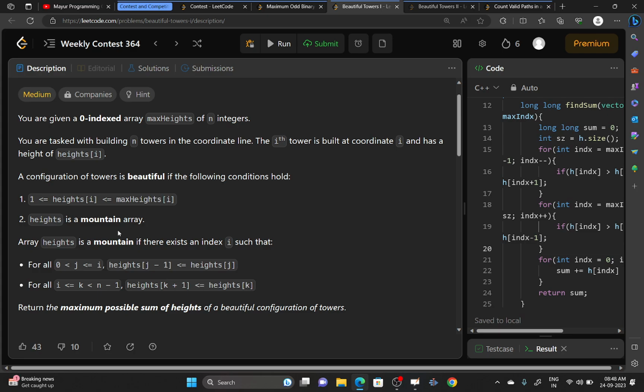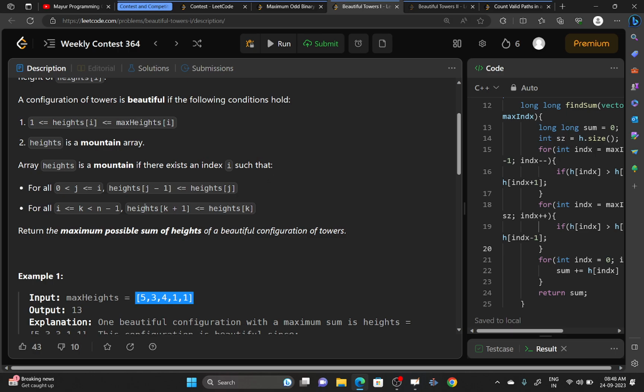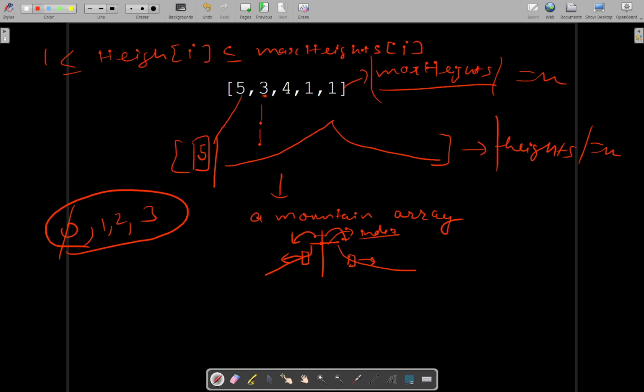Heights is a mountain array. An array is a mountain array if the following conditions are satisfied. So you can read the conditions. You can see the elements, an index i such that the following condition is satisfied. Basically, if you consider the ith index as your peak,